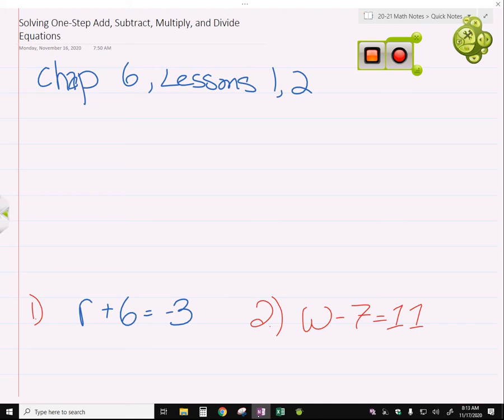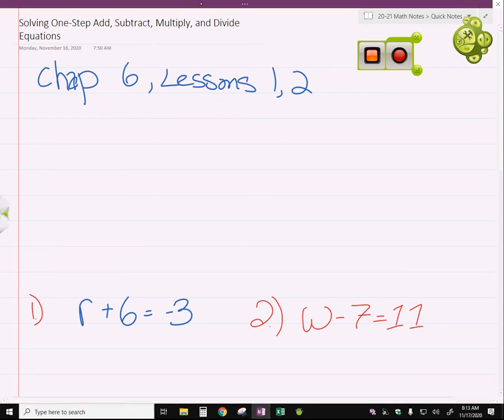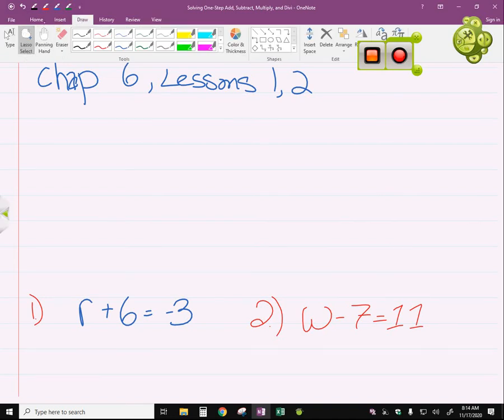The word equation means that there's an equal sign. When we were evaluating expressions, because there wasn't an equal sign, when we used the distributive property, we were evaluating it. It didn't have a question, so it wasn't asking anything. But if you had this term,